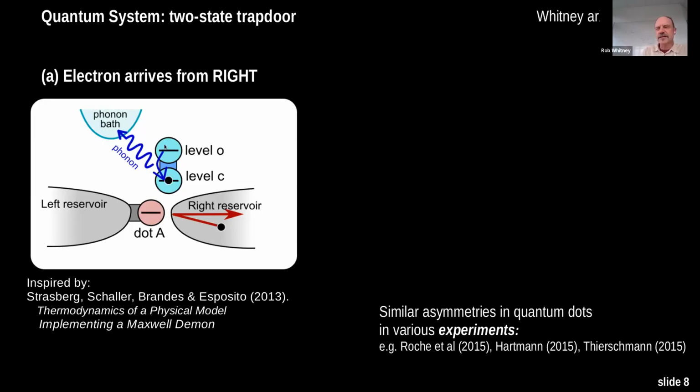Whereas if it gets excited into its higher energy state, if that higher energy state is physically further away, then there will be less repulsion, and now electrons will be allowed to tunnel here. So in reality, it probably won't be an all or nothing effect. The tunneling rate here will depend on which of these states you're in. But already you modify the tunneling rate, and then you can use some physics of screening to say that an electron coming